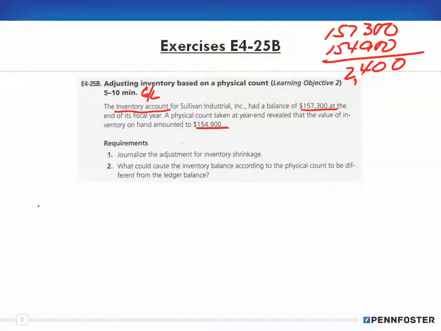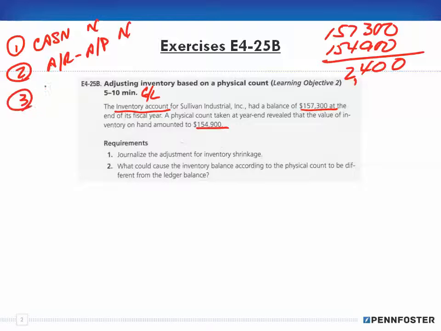All right. So what am I adjusting? Let's quickly go through the thought process of how to make a journal entry. I ask myself quickly, 1, am I affecting cash? In this case, no. 2, am I affecting accounts receivable or accounts payable? No. Then 3, I use the account that makes the most sense. And in this case, we're talking about inventory. All right. So I have an inventory account,